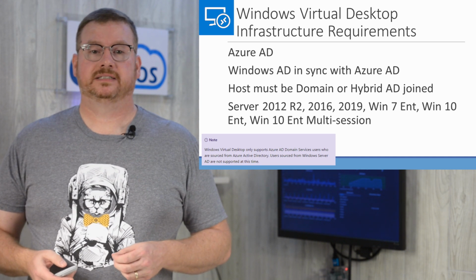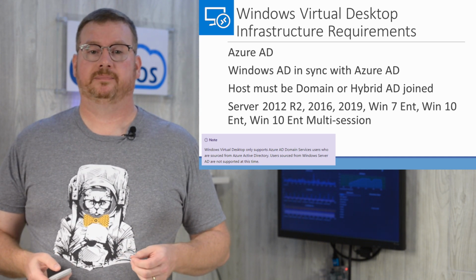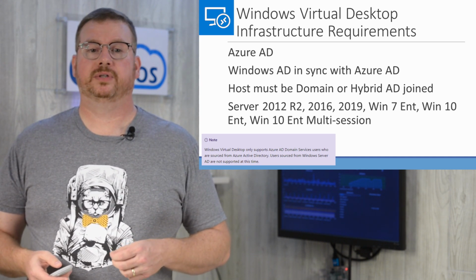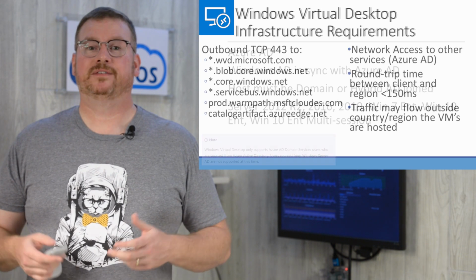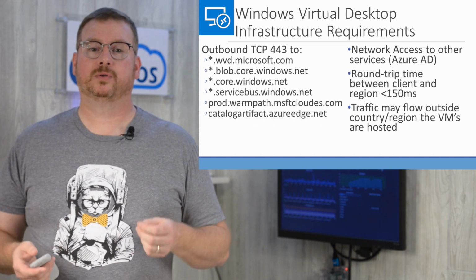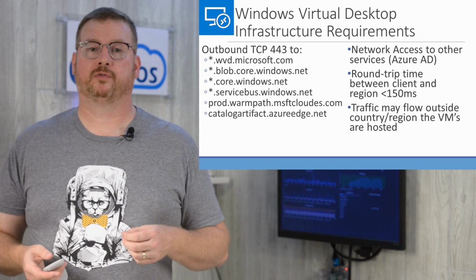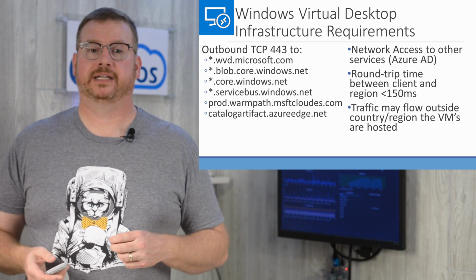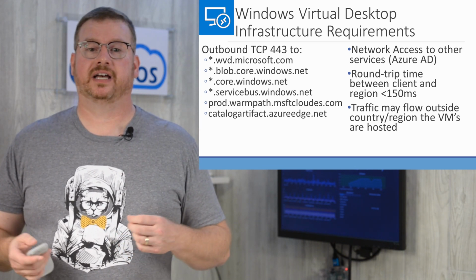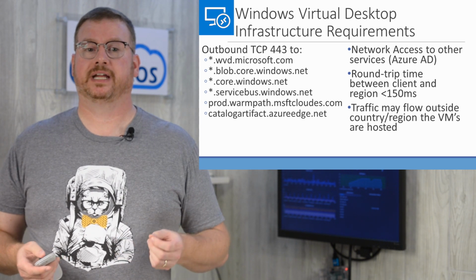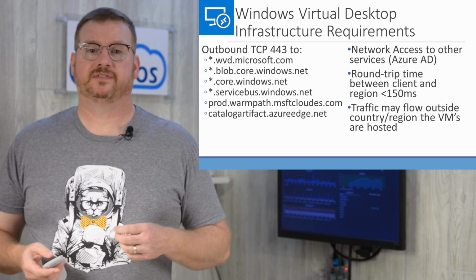Network connectivity needs to be in place before the deployment. I'll cover this more when I do the deployment in the demo. If there's network restrictions in place, the host will need access over port 443 to the links on the screen. Also, hosts will need access to other Azure resources such as Azure AD, storage, Azure Files,